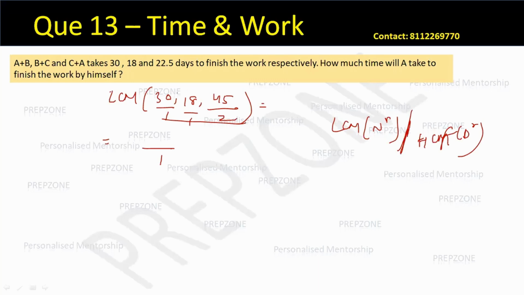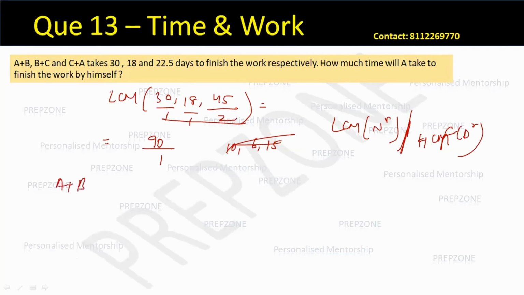It's simple. 6 into 3, 6 into 5. Okay, this is 9 into 5, right? So first common factor is 3. Then what remains? 10, 6 and 15. 90 is what comes as the LCM. All the numbers also divide 90. So 90 is the LCM. So LCM of these 3 numbers is 90, which means total work is 90 units, which means A